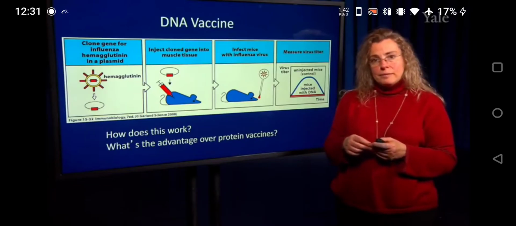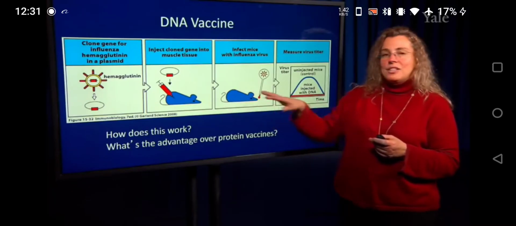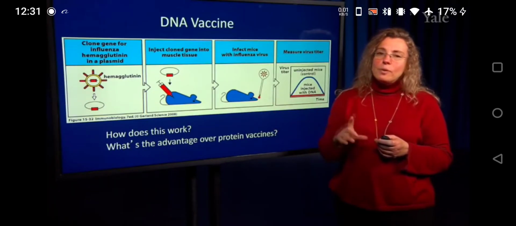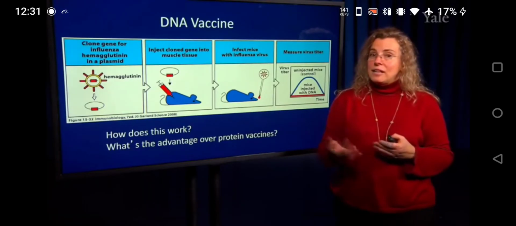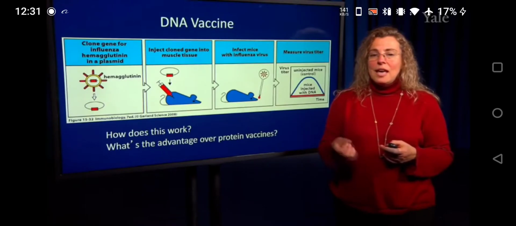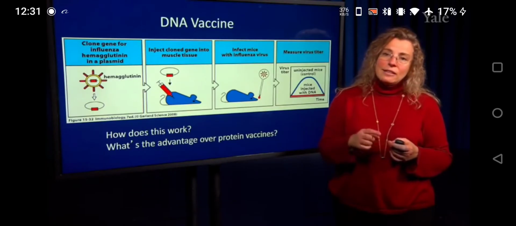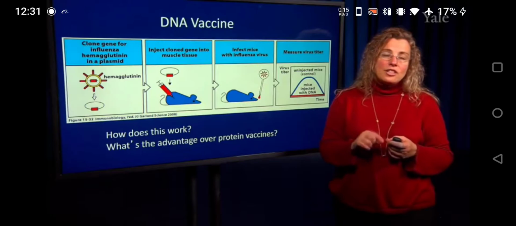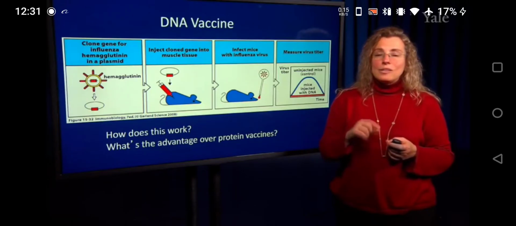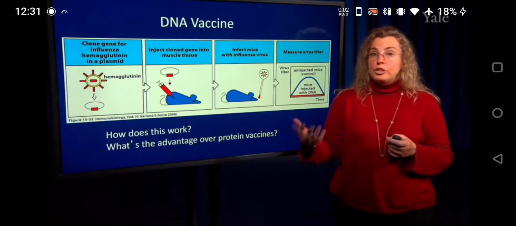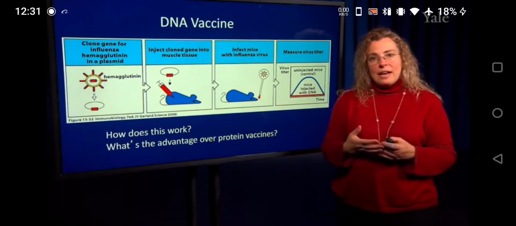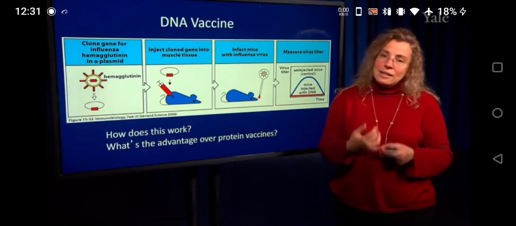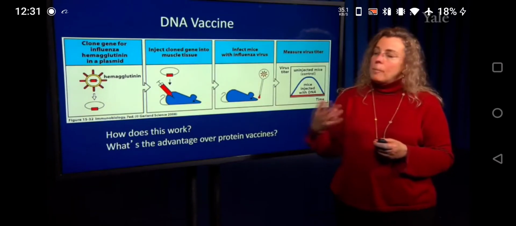The DNA gets picked up by our cells, and then our own cells make the hemagglutinin protein, which they will also secrete. So the advantage here is that if the protein's made within our cells, that means it can get presented on MHC class 1, and that means you can also get a cytotoxic T cell response generated to that protein, as well as an antibody response, which you could get from a subunit vaccine. So the big advantage of DNA vaccines is to, one, get a cytotoxic T cell response, but also